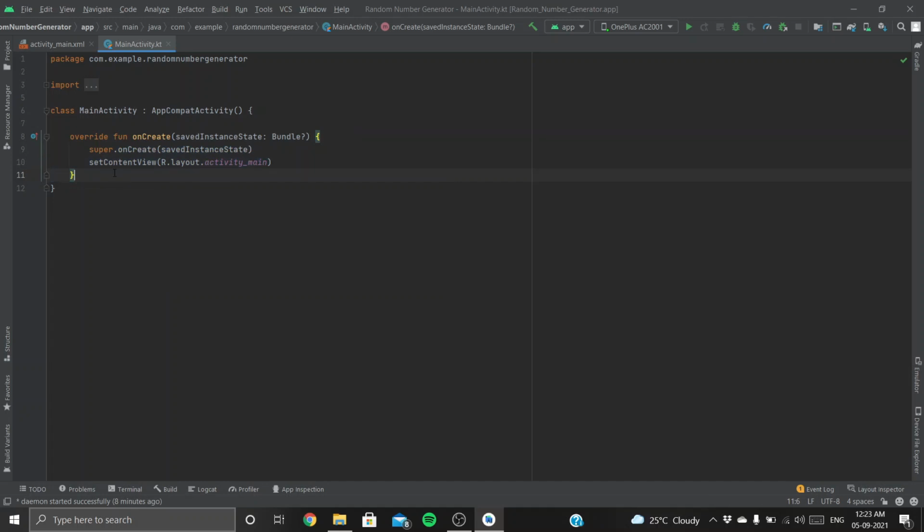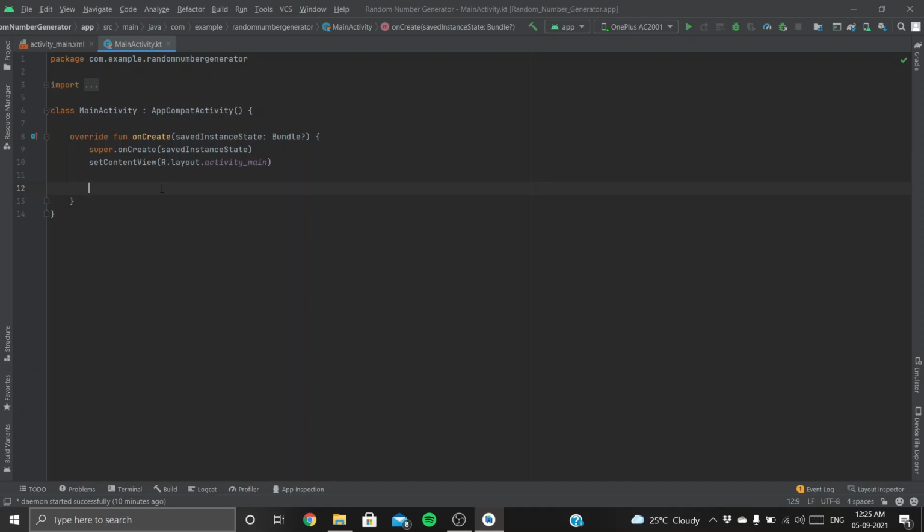The onCreate function is called immediately when the app starts running. So when we click on run, the user is shown activity main, and behind the screen, this onCreate function is called immediately after the app starts running. So this first line is called. Let's talk about this in a later video. Now there's setContentView. As the name suggests, this line sets the layout activity main to the user. Now we can code from the next line.